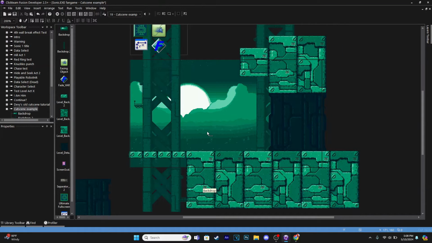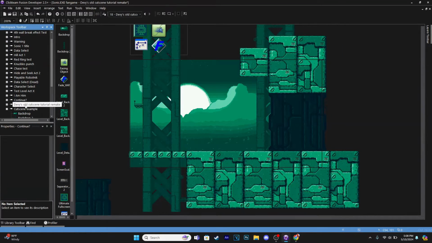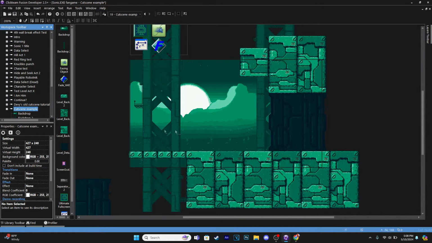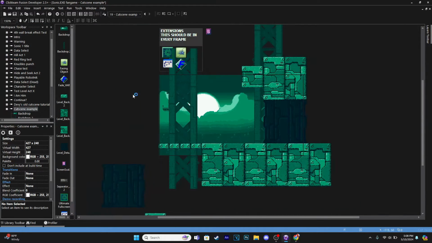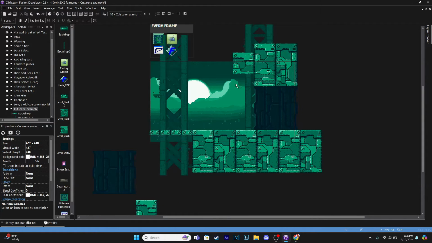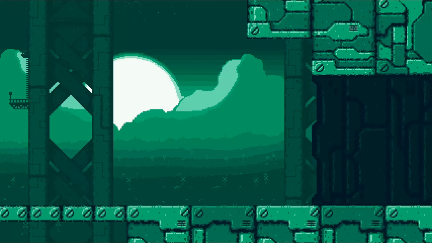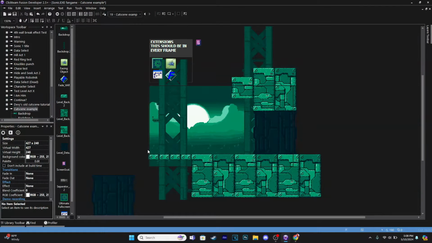Okay, so this is what I have here. You may notice I did set it up a little bit differently than this right here, which is completely fine. This is actually more accurate to what it looks like in Devy's old tutorial. And assuming that you have the whole stage set up here, go on here and make sure that it's all good. Everything looks fine here to me. So if there are any animated background sprites, obviously have those animated. There are none for the default Simple Sonic Worlds